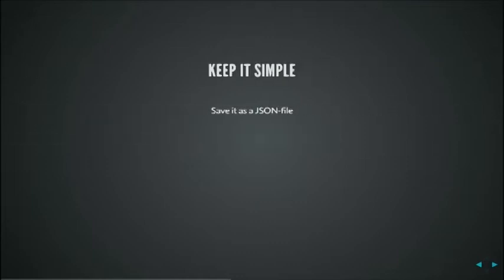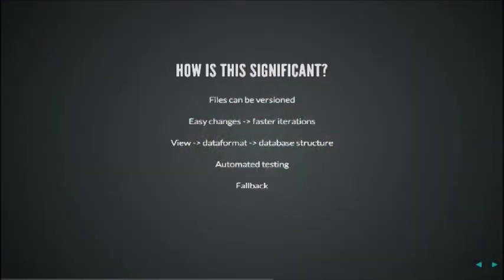So my proposal is keep it simple. Just put in a JSON file. You can do it a lot more advanced, put in a little MongoDB and stuff, but this works quite well because everybody can edit it, everybody can go into it. You can also try JSON schema as a next step. Why I think this is significant is because files can be versioned, so you can know what version got signed off. It's shared between the front-end and the back-end developers, so it's really easy to agree